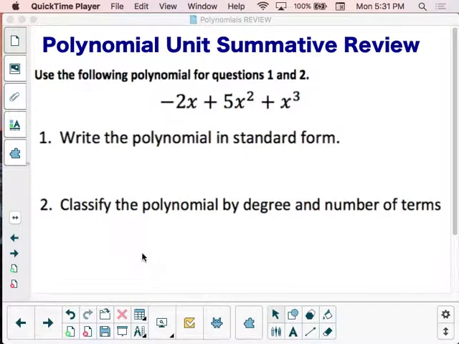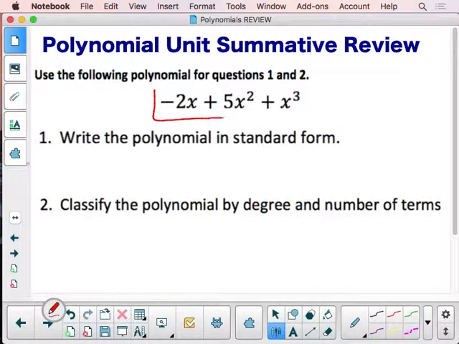Through problems number 1 through 5 from the Polynomial Unit Summative Review. Let's dive right in. The first thing they ask you to do is take a look at this polynomial right here, negative 2x plus 5x squared plus x cubed. And they ask us to write that polynomial in standard form and also classify that polynomial by degree and number